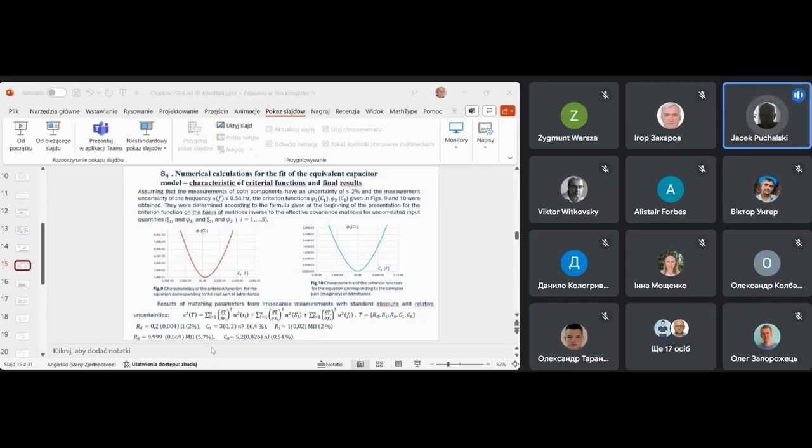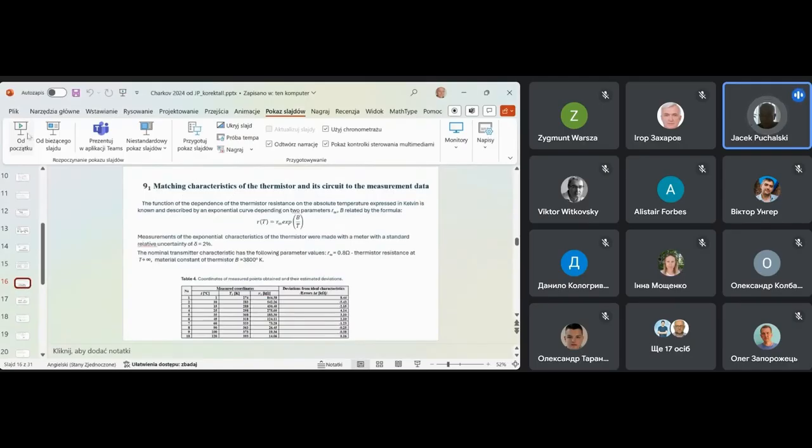Maybe the uncertainty in this part is too high, because we start with an uncertainty of 2% for resistance and reactance, and we obtain above 6% for capacitors. So it's a first fine example. The second one is, sorry,